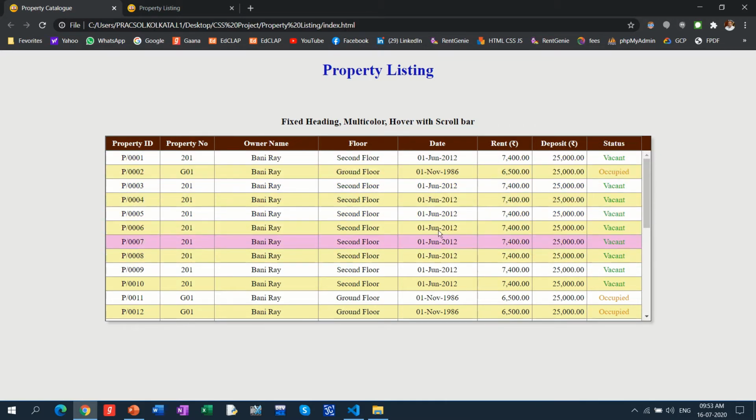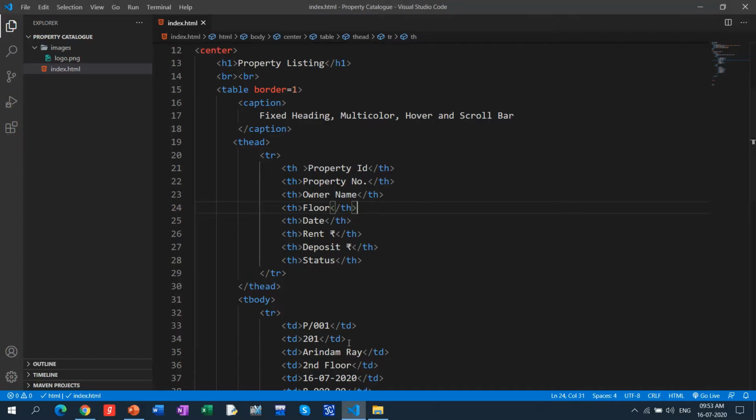Each and everything has been ordered and viewed properly. Property ID, property number, owner name, floor, and date are center aligned, but the rent and deposit are not. For that we need some setting in HTML itself, so we will do that first.